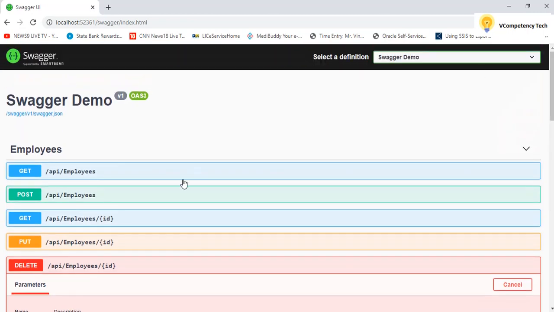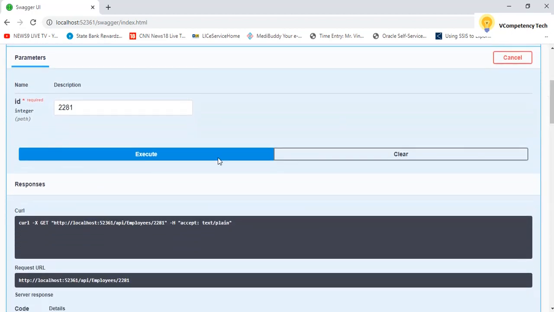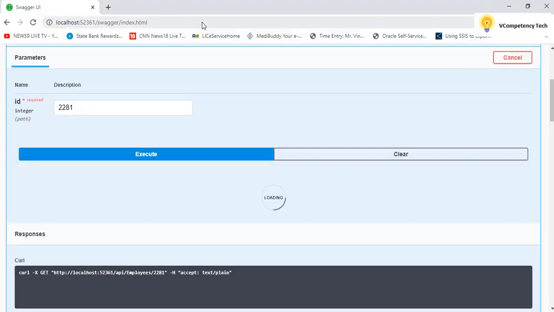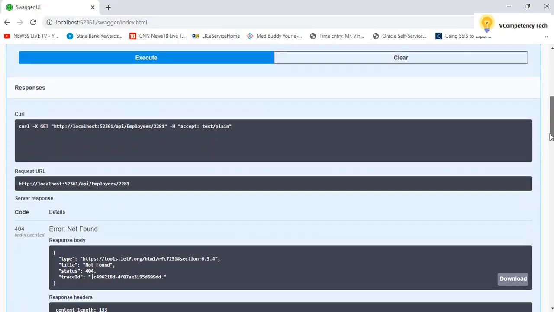And let's try to search whether this exists or not. For that I will go to get with the same ID I deleted. Let me execute it, the same ID, and run it. Let's see what the response is.